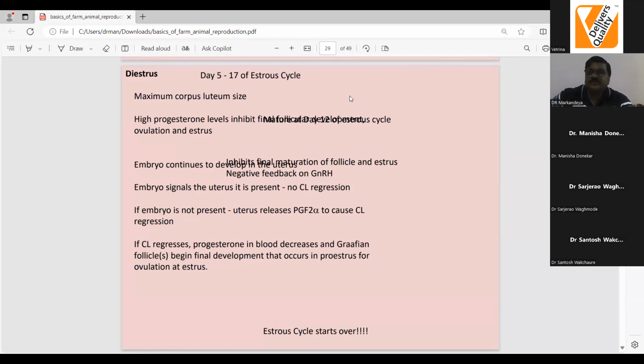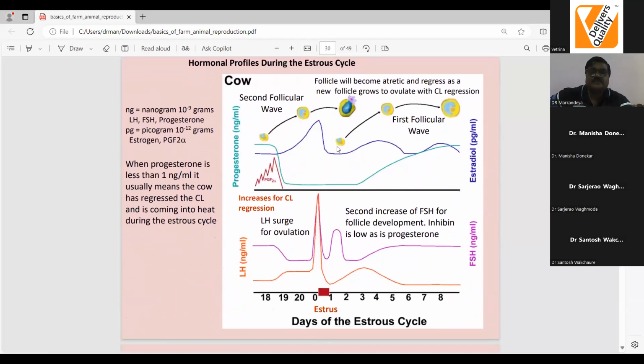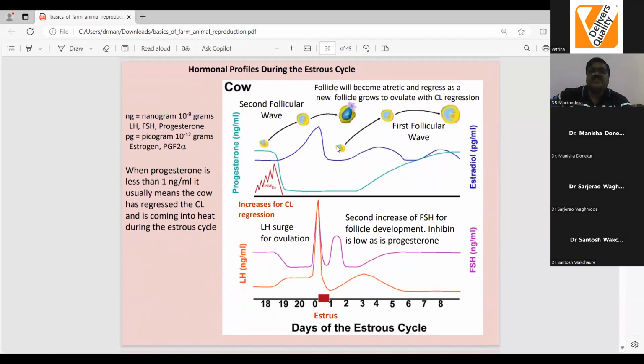The next one. Hormonal profiles during the estrous cycle. See, waves are shown, and these waves indicate that yes, follicles are developing. The levels indicate that cyclicity is a regular issue, meaning as far as follicular development is considered, it is regular. And in all cases, this is all controlled by estrogen and progesterone.